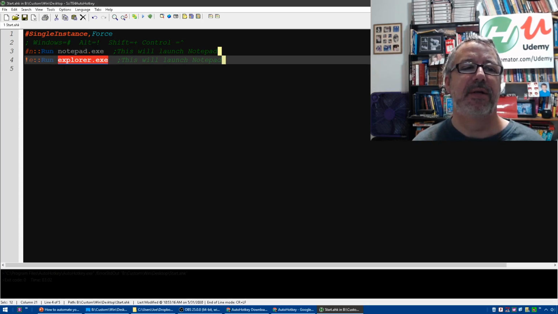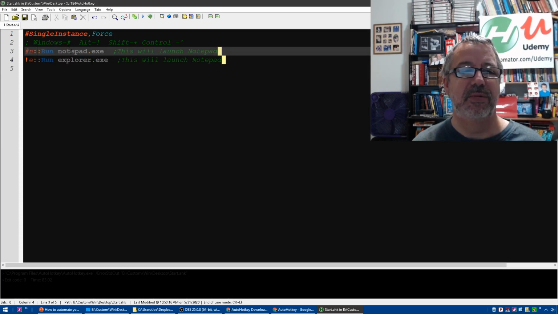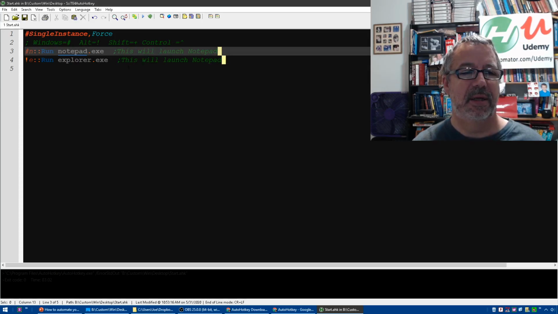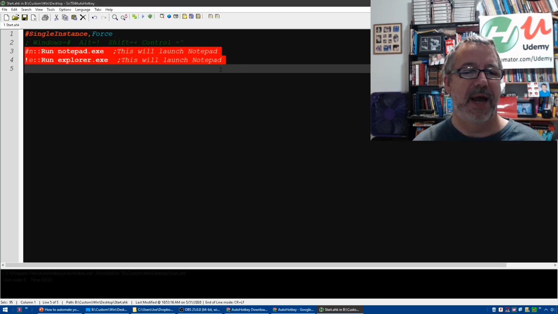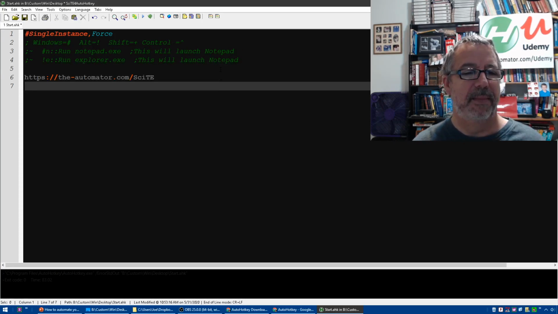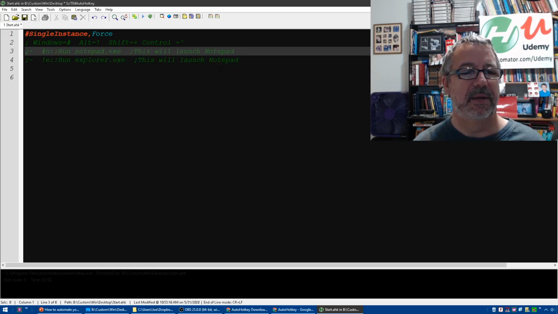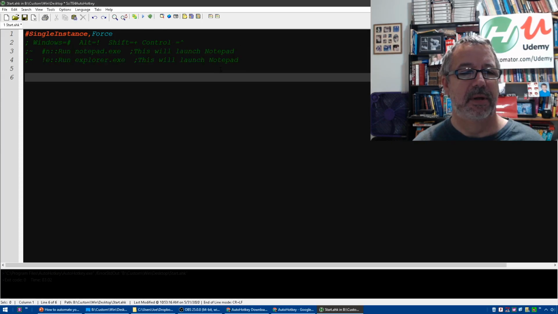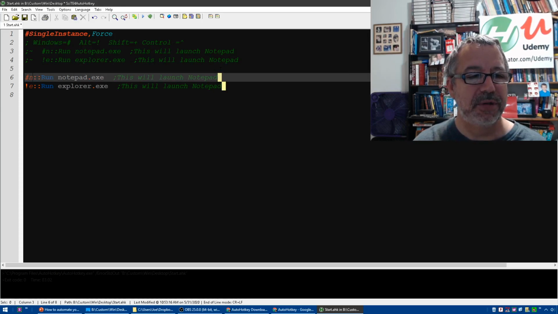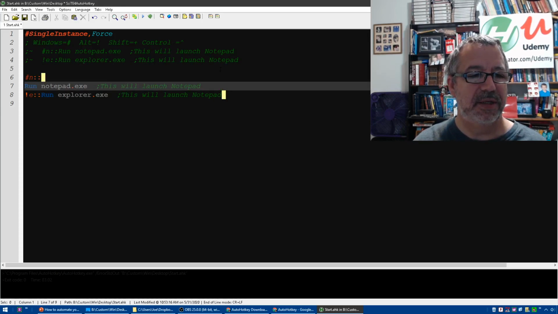Let's say I wanted Windows N to both launch Notepad and launch Explorer. So you know what? Let's comment out both of these, that's Control Q. Oops, I didn't copy it. I want to copy them. So now I've basically duplicated them and have the top ones commented out so you have them as an example. But what you would do is put this on the next line